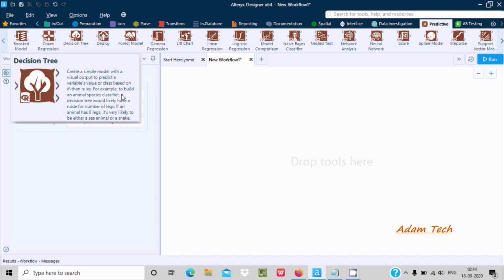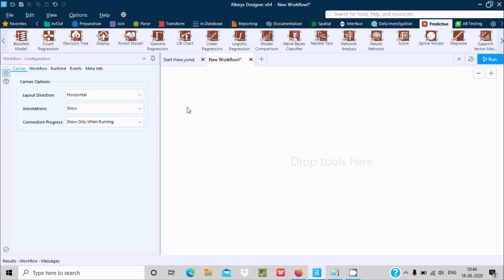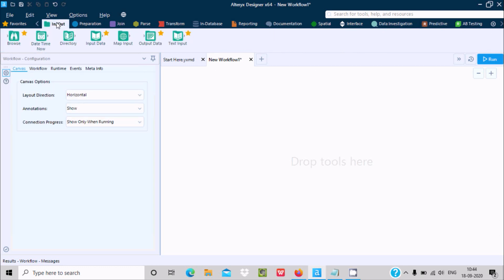For example, to build an animal species classifier, a decision tree would have a node for the number of legs. If the animal has 0 legs, it is likely to be either a sea animal or a snake. So let's see how to use the decision tree inside Alteryx.